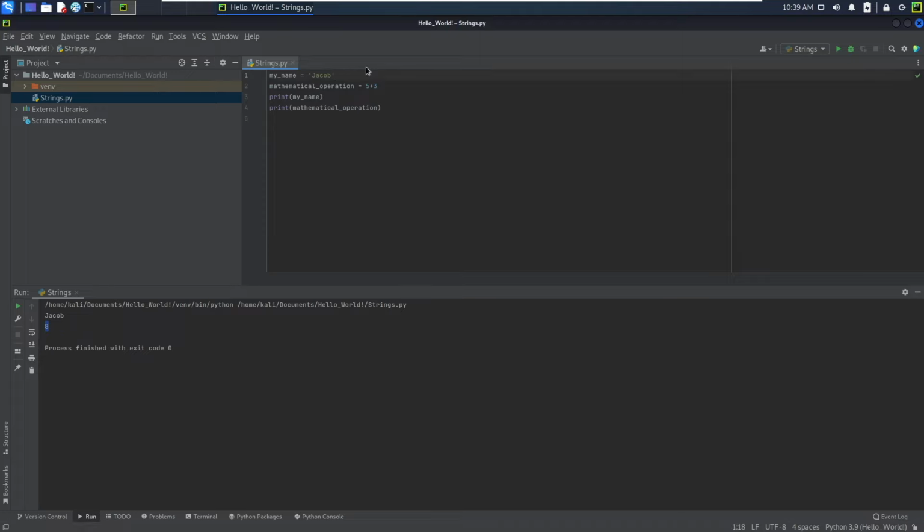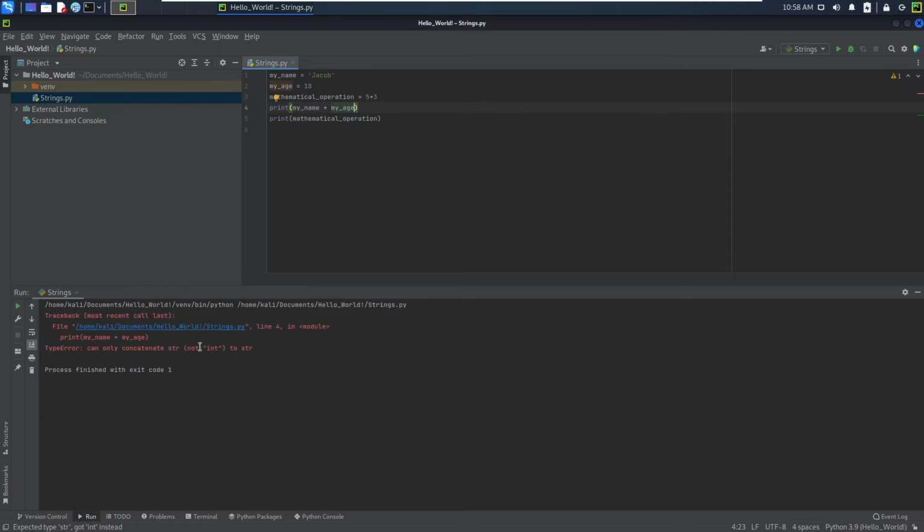Now, variables can also be concatenated. Now, what do I mean by that? What I mean is you can type here my age, and you can put your age. I'll just put 18. So you can go ahead and do my name. Let me put this inside. Voilà. So what I mean by this is you can go ahead and type my name as a variable and my age as another variable. Now if you go ahead and put my name plus my age,